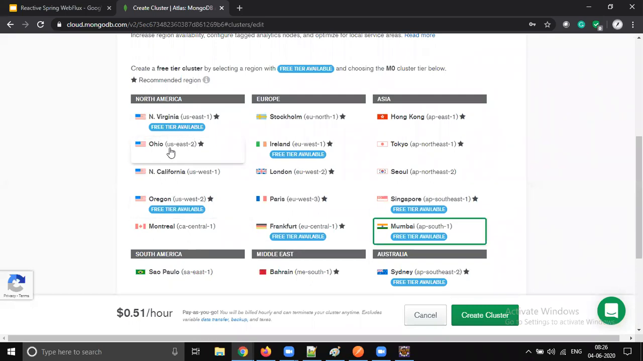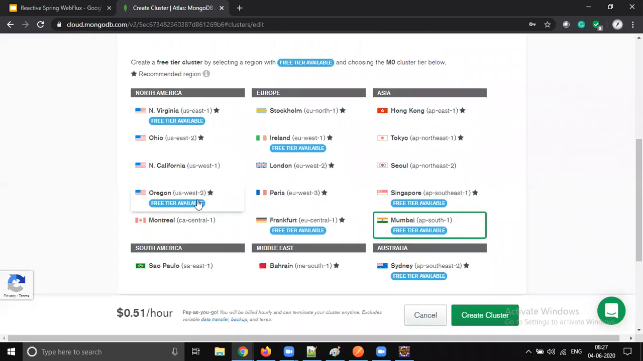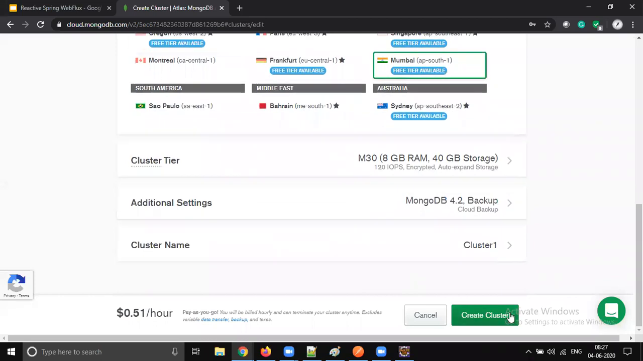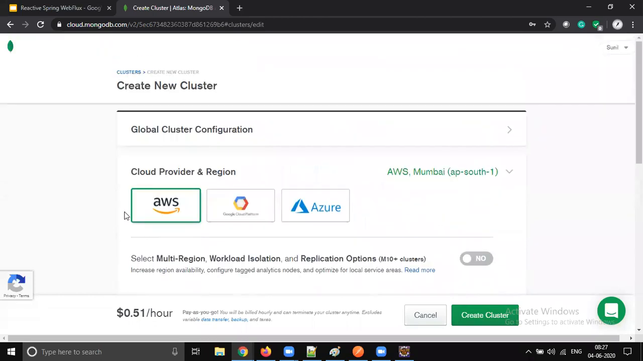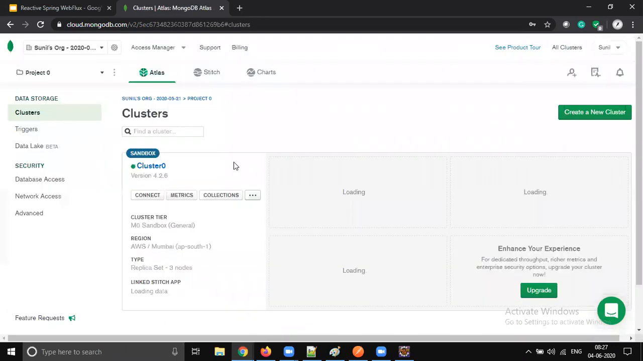Select the free tier, don't select any cost-effective option, right? For example, for the people near Ohio State or California, don't select these two. Just go and select the nearest one which is free of cost, because we would like to go with free of cost, and just click on the create cluster button. The cluster will automatically be created, right? It won't even ask